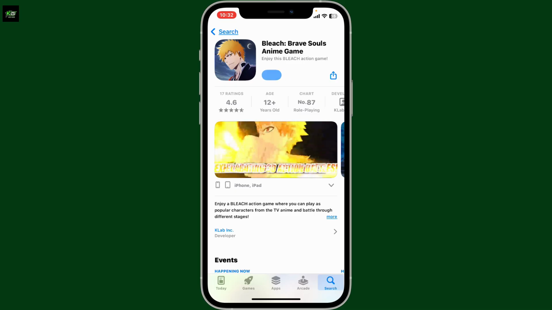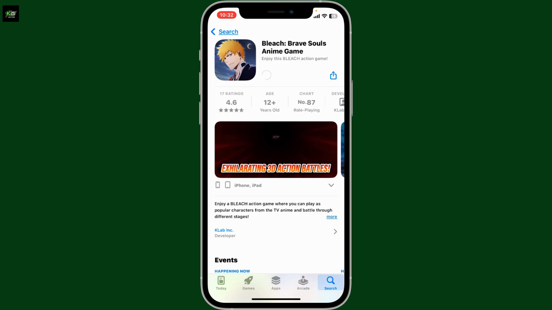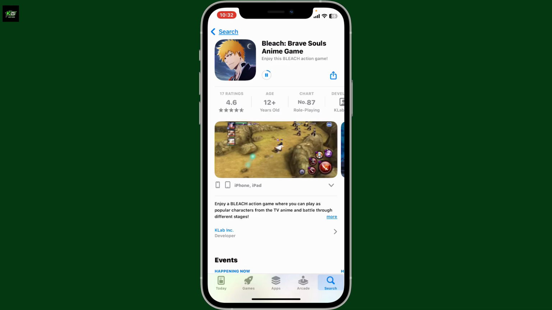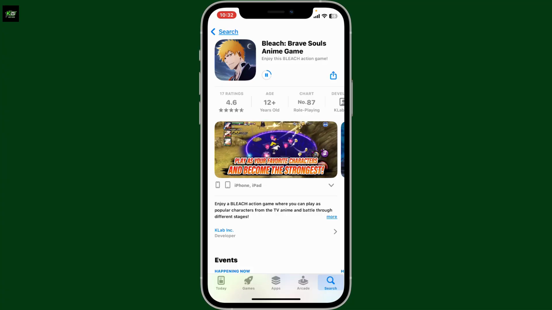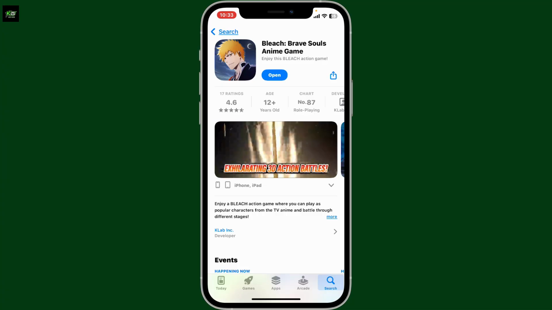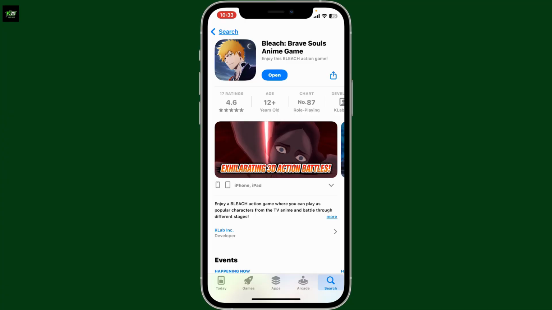Authenticate with your Face ID, Touch ID, or your Apple ID password, and then the game will start downloading. Wait for a couple of minutes until the game is done installing, and you can simply launch the game open and enjoy. So that's how you get the Bleach Brave Souls game on your mobile device in just a couple